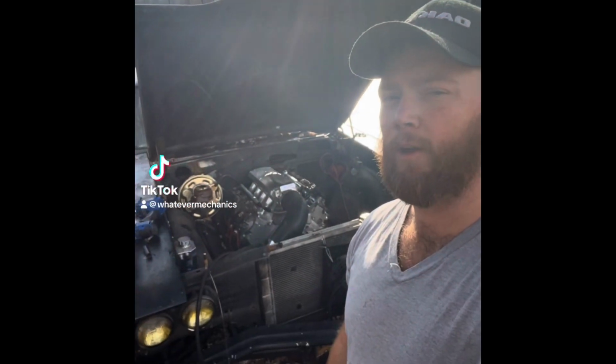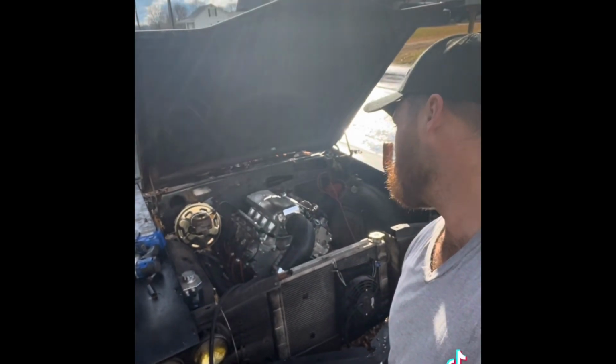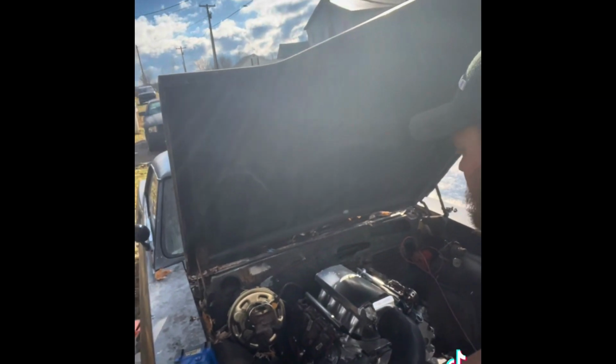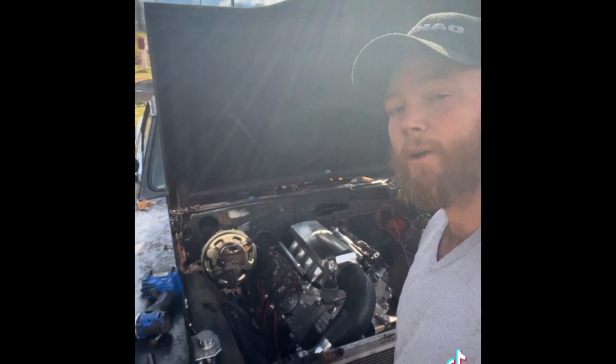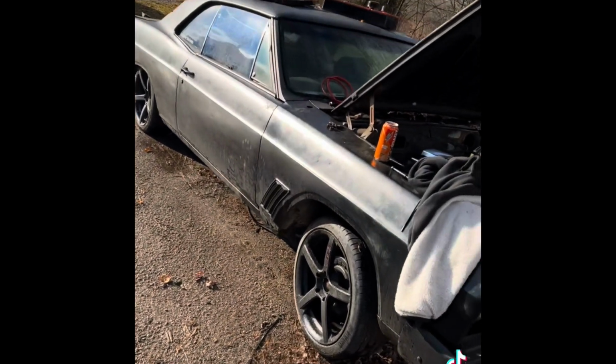So yesterday when I ended the video, I was getting ready to put the transmission on and start putting it into the car. Well, I went ahead and did that. So everything is in now. The engine's in, the engine's mounted, the exhaust ends, transmission's mounted. I'm starting on the wiring and my cooling, but yeah, looks pretty cool. Honestly, the downside is that the car is so dirty that you wouldn't expect to pop the hood and